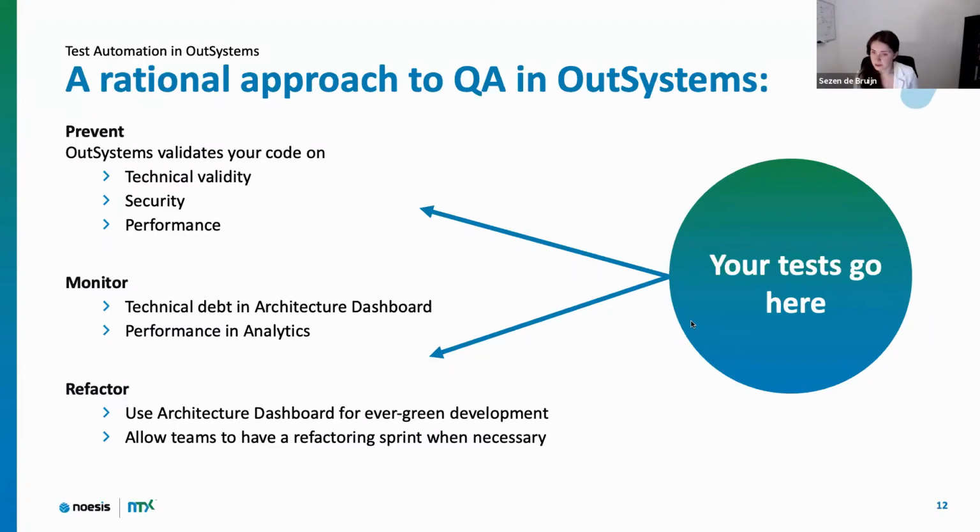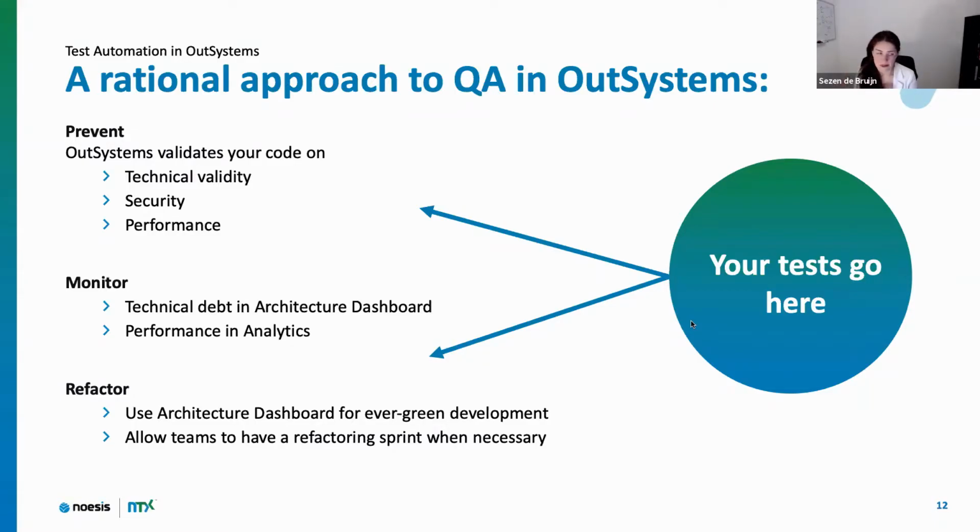The first one is in the prevention part. That is to say, before you actually completely build your code, you want to already know what your test is going to be so that you understand your functionality well. And then once you've built the code, you also want to actually run the test, whether it's manually or automated, to check and validate that you've built the thing that you wanted to build.